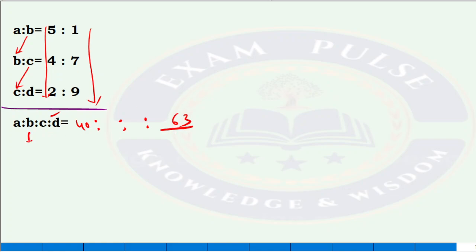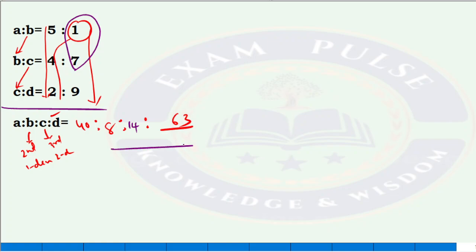Okay, what about this? Which step it is? Second step. How many denominators? 1 denominator, means only 1. 1 into remaining numerators, 4 into 2. That is 8. What about this? Third step. That means 2 denominators. What are the 2 denominators? 1 into 7. Remaining numerator is 2. 7 2s are 14. If there is possibility of the division, then you can divide, or else you can just avoid it.